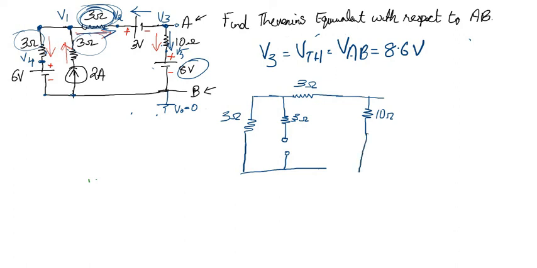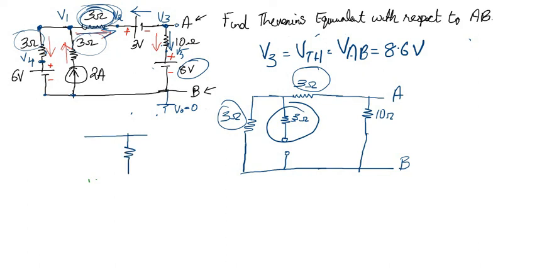So this is A and this is B. Looking at this, we can understand that this 3 ohm can be neglected because there is no current flowing through it. The next possibility in this circuit is to connect this 3 ohm and this 3 ohm in series, because the current through both of these resistors will be the same. So that will be equal to 6 ohm. So the circuit will come down to this format. This is 6 ohm and this is 10 ohm, with A, B.